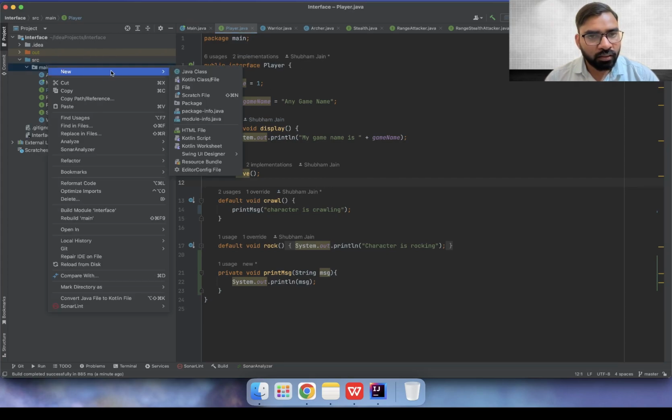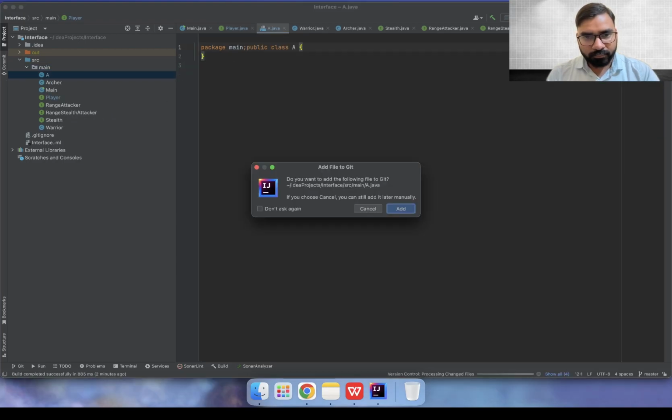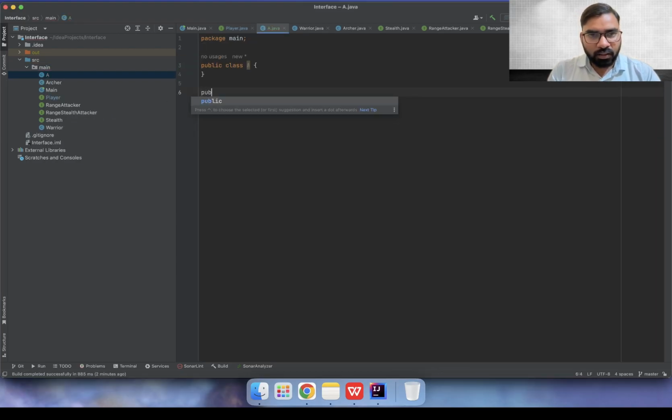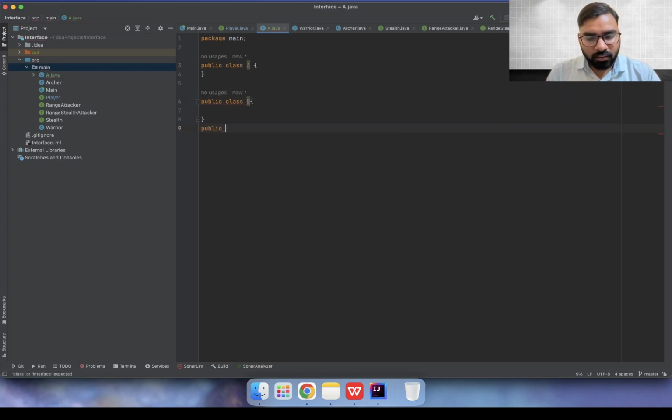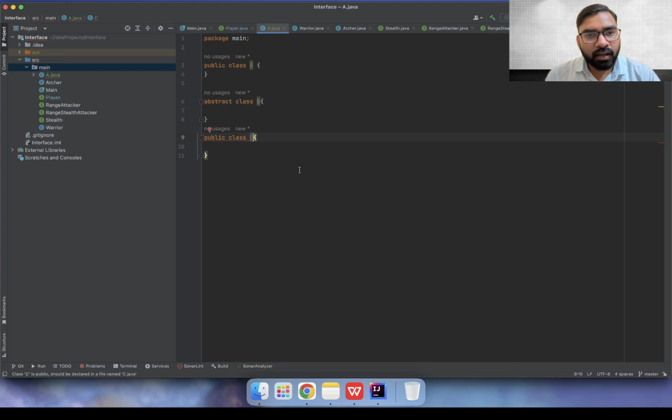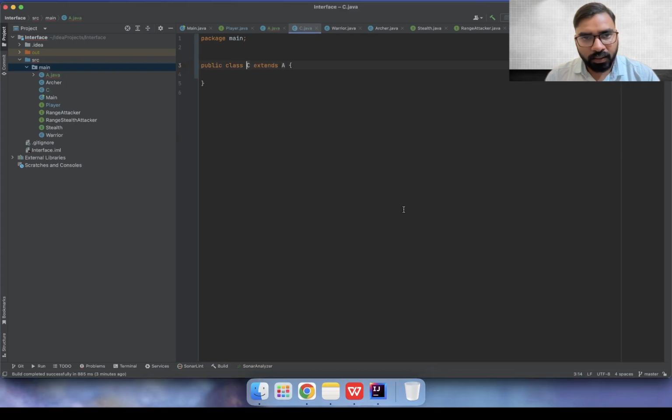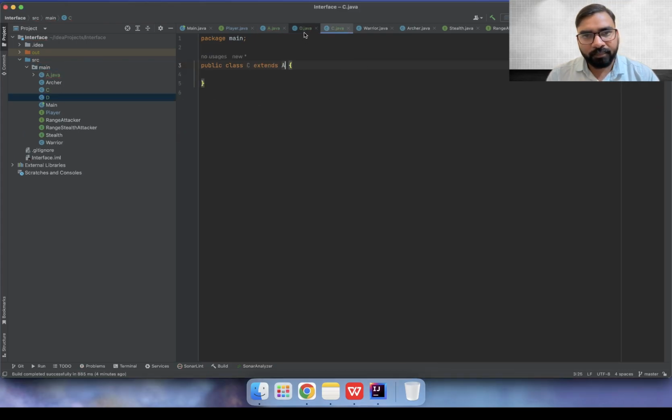I'm going to create a class A, another class, public class B, and public class C. Let's assume these are abstract classes or normal classes, and class C wants the functionality of class A and class B. But we can extend only one class. So let's move these classes to another package. Class C is extending class A, and class D is extending class